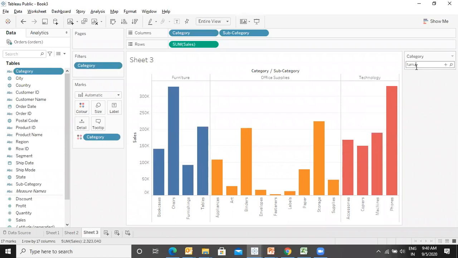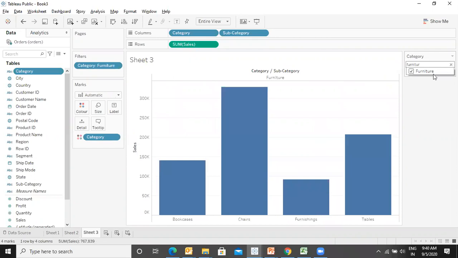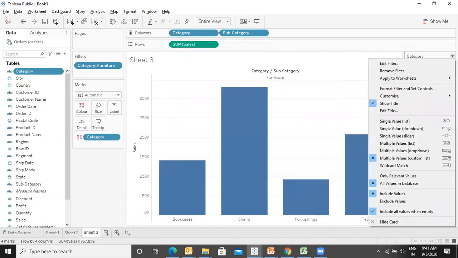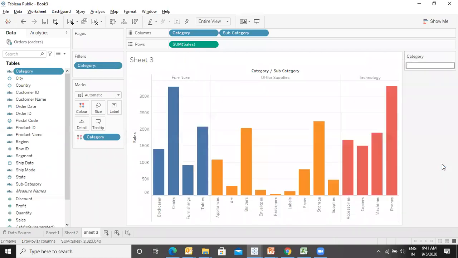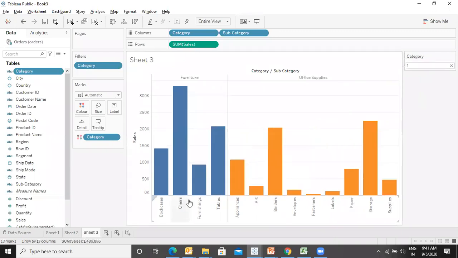Spelling mistake. Furniture, right? So like this, you can create a custom list. Wildcard match. If you want the one which contains, say, the character F, enter. So all those categories where the character F is appearing will be displayed.